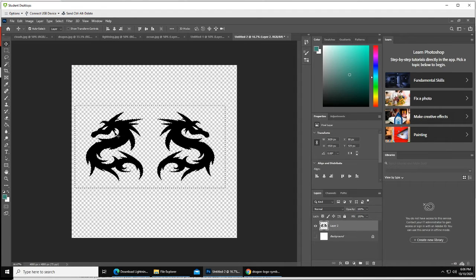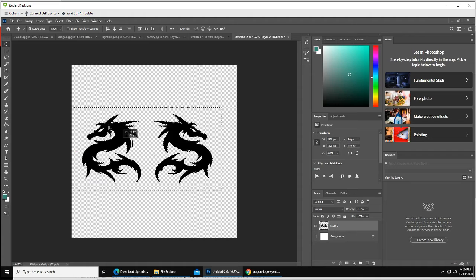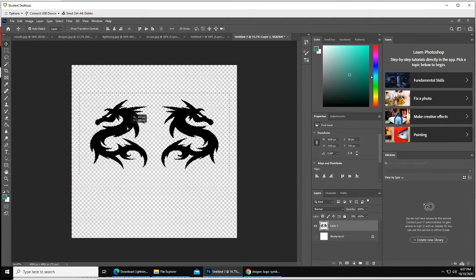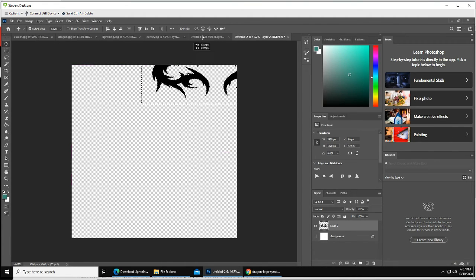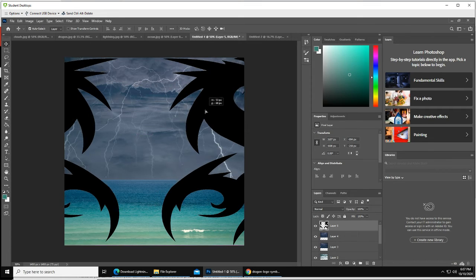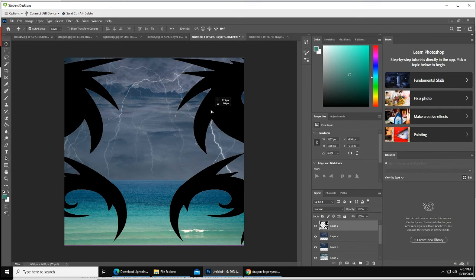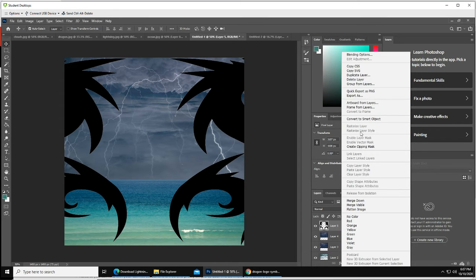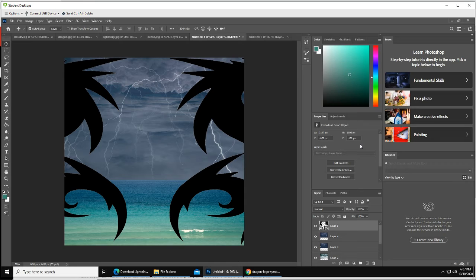And back to our select tool, and now we can drag these merged layers, which are now one layer, and add them here. And what we want to do is convert this to a smart object, so we don't lose resolution,